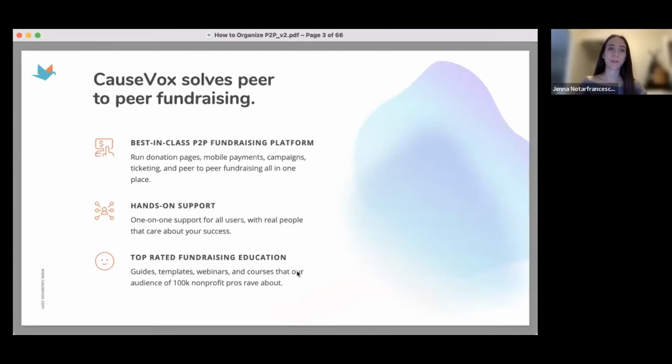Awesome. So if you're new to CauseVox, I'll just share a little bit about our platform. We are a digital fundraising platform, and we are designed to help your organization raise more with less effort. So we'll do that by helping you house all of your fundraising components under one platform.